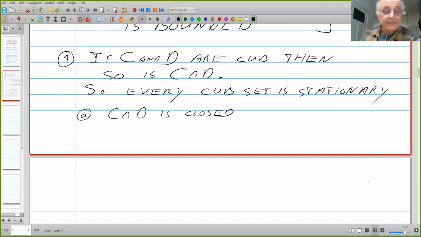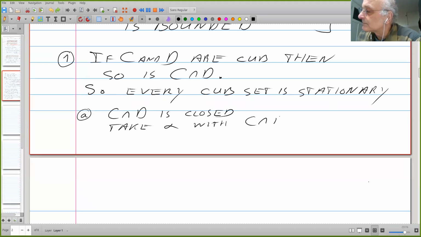Well, if you believe the topological characterization, then this is clear. The intersection of any family of closed sets is closed in a topological space. But if we don't know, well, then we take an alpha and look at it, and assume that the intersection is non-empty. Well, then